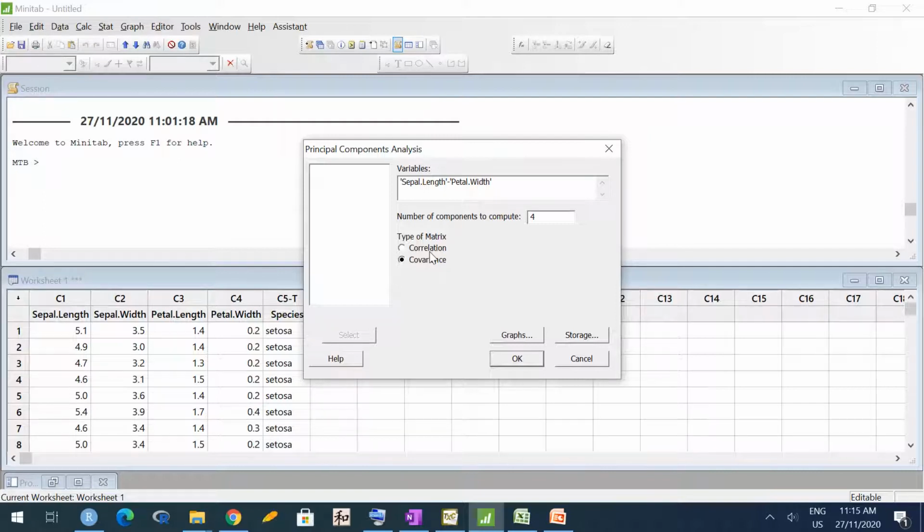Let me explain further. So in this iris dataset, I have sepal length, sepal width, petal width, and everything is measured in centimeters. So when I say my PC1 consists of say L1 times sepal length plus L2 times sepal width, it makes sense because everything is in centimeters, so it can be added.